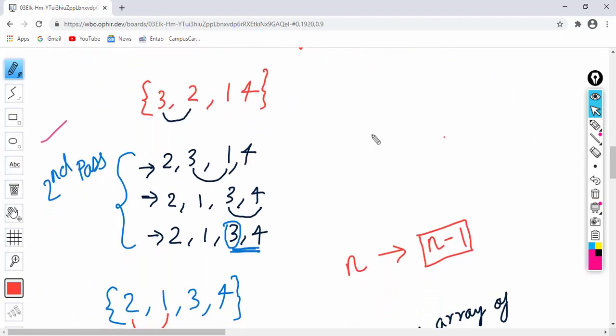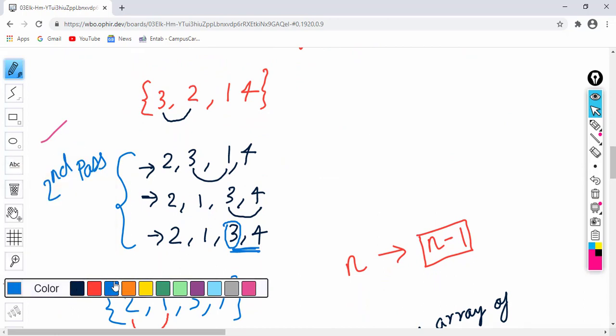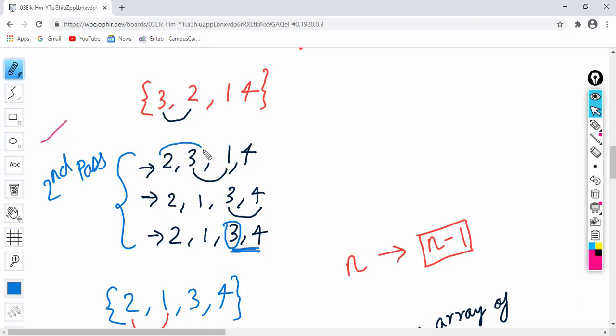In the second pass, how many comparisons do we need? We need to compare the first 2, then the next 2, and remember that one element is already sorted in the first pass. So, we do not need to compare 4.